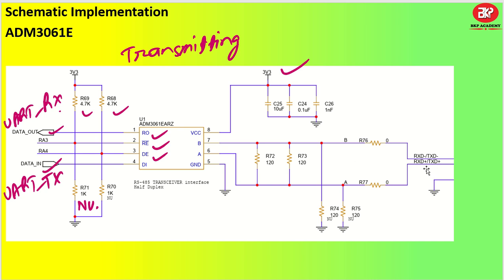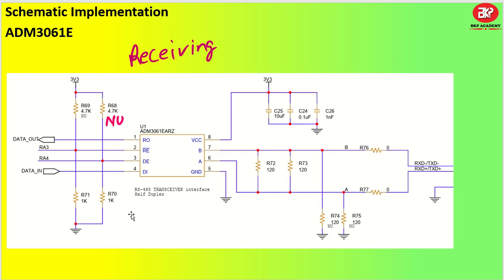Okay, and they will get connected to our D-sub 9 pin connector, which will be pin number 3 and pin number 7. That's all done. In the same way, if you want this to work in receiving mode, you have to make sure that these two are not used and these two are used. Same way it will get connected, and it will act as receiving mode, and A and B will be acting as receiving inputs. So this A will be the non-inverting receiver and B will be the inverting receiver.